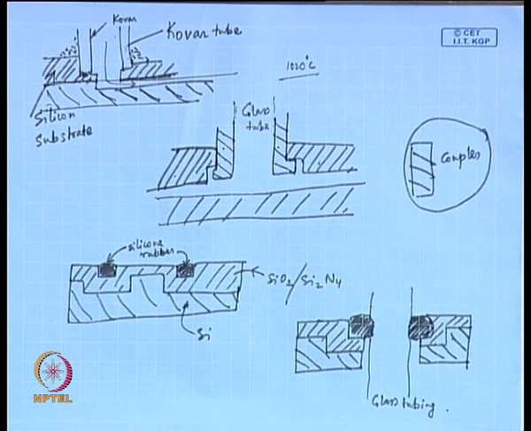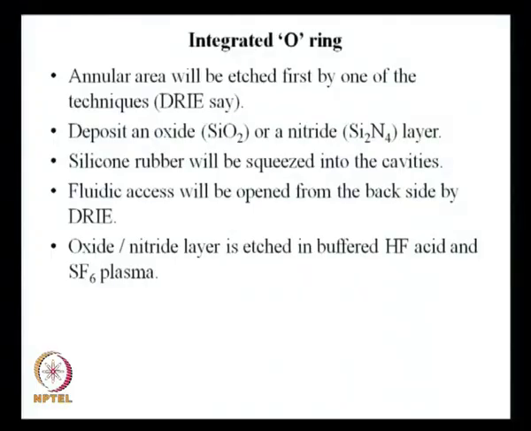What you have is an annular area that will be etched first by one of the techniques, DRIE say. Deposit an oxide or a nitride layer, silicone rubber will be squeezed into the cavities, fluidic access will be opened from the back side by DRIE, and next the oxide or nitride layer is etched in buffered HF acid and SF6 plasma. What this means is,